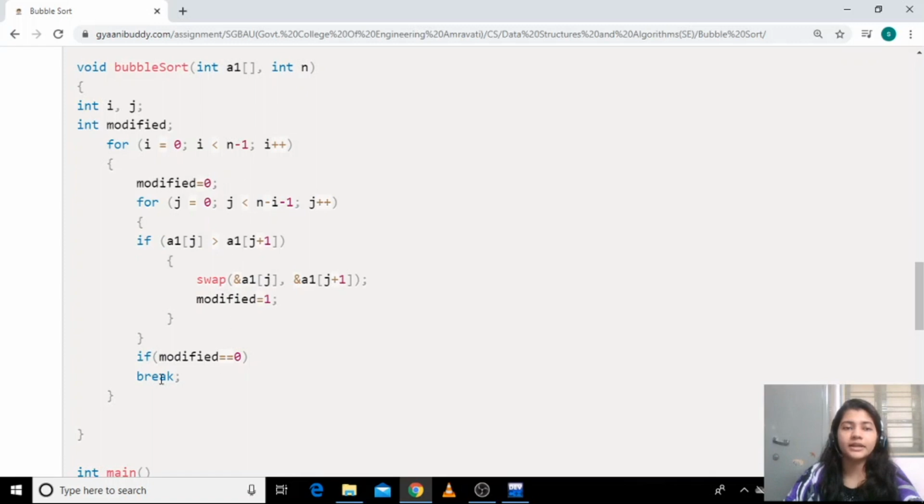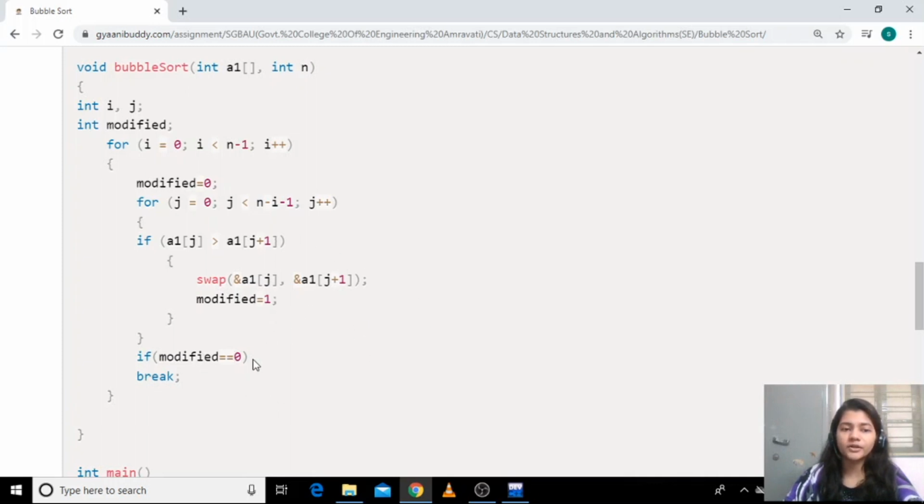If in any inner pass two adjacent elements are not swapped, that means the array is sorted at that point of time. And if the array is sorted, it will be redundant to execute the further loops and passes, so we don't need to compare anymore.